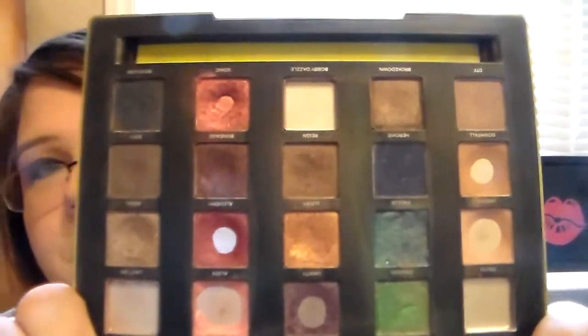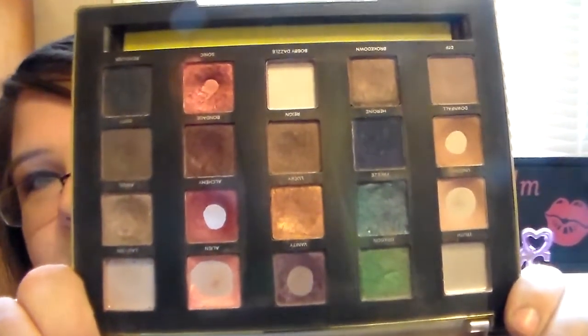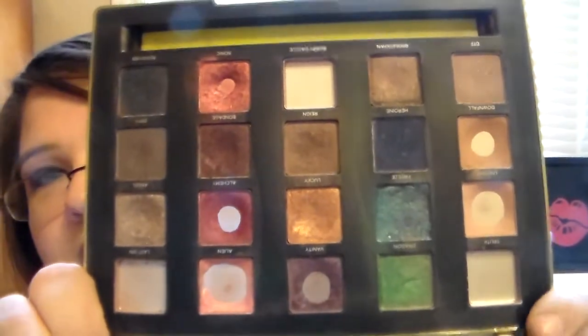So the mirror looks terrible, so I'm going to try to flip it to where the mirror doesn't show so I can not blind you guys. But here is the progress that I have made. And as you can see, I have a lot that has pan showing, and then I have a few that